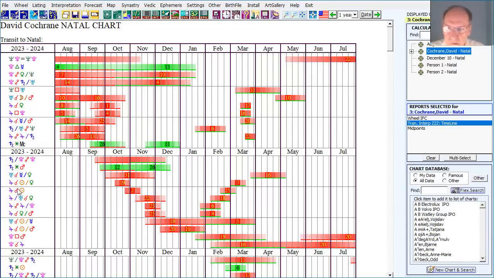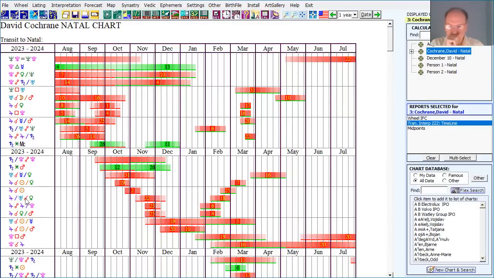Let's go down to this one. Transiting Jupiter-Uranus midpoint. Remember, slash means midpoint. How do I know it's transit? Because transit is the thing on the left. It is conjunct natal Venus.